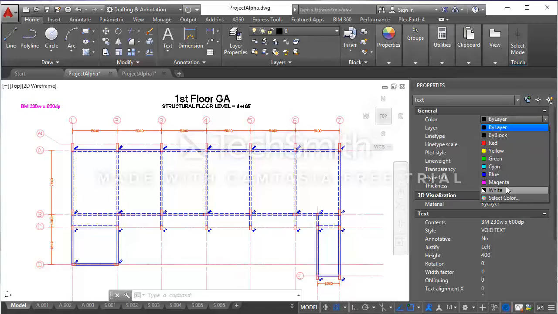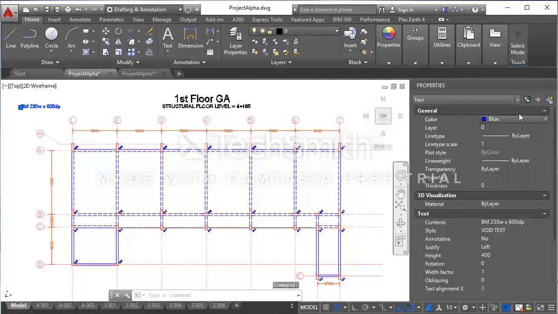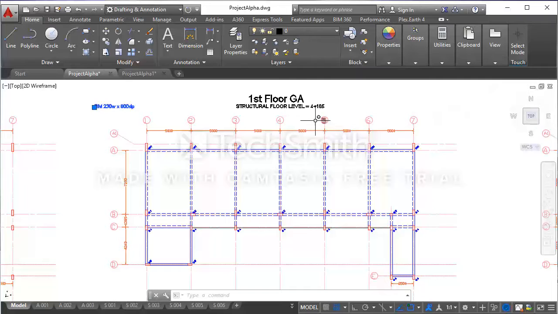Also, I want my beam label to be blue in color, just like the column or wall labels. So I've applied the color to the label. Now I'm going to close the property tab.